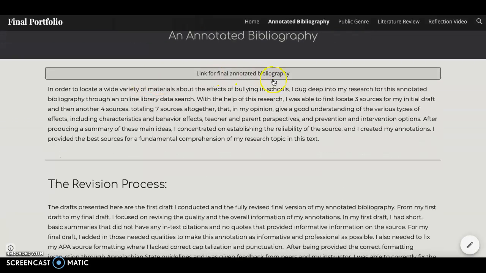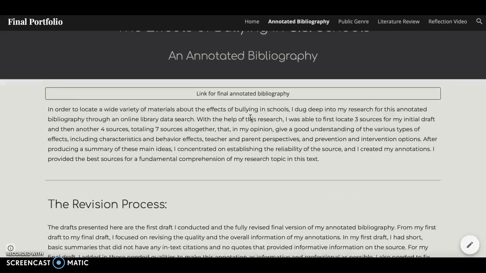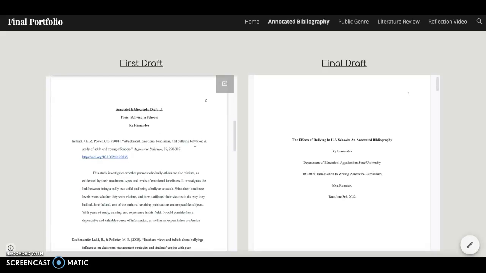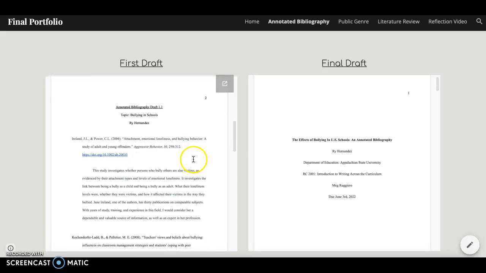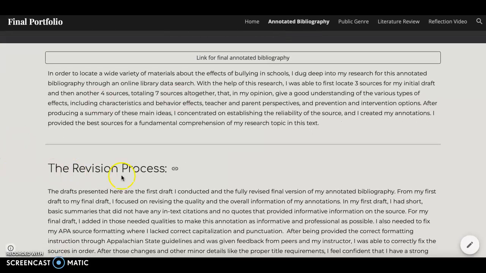So I provided a link for my final annotated bibliography along with it being down at the bottom. I also provide the first draft and my final draft, which anyone can go through. It is open to show some of the revisions that I made and how I decided to go about each one, which is also talked about in the overall revision process and summaries that I provided as well. So I will kind of go over everything that I did and how I grew to where I am for